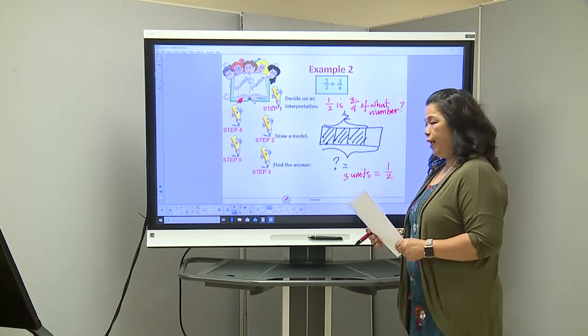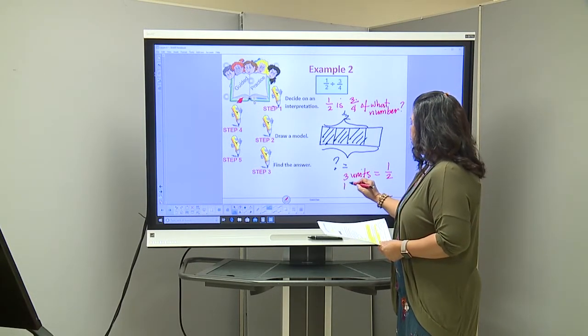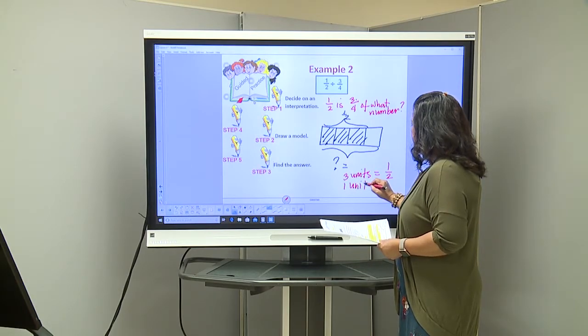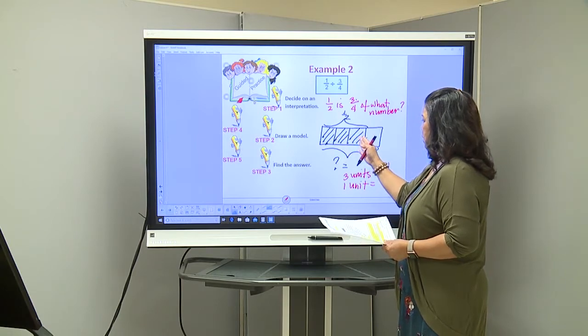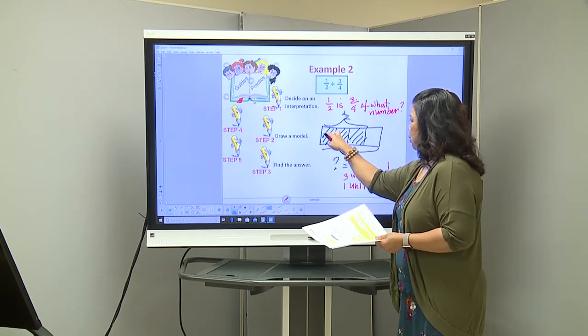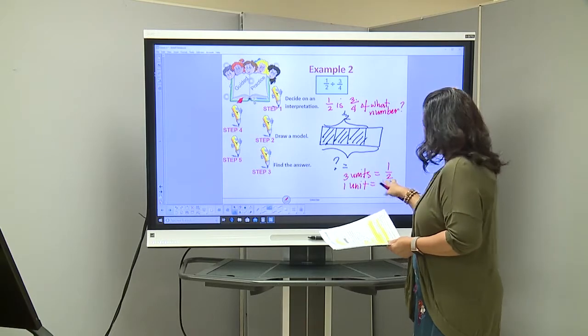You are correct, 1/2. Okay, I want to know what each unit represents. Because these 3 parts here are 1/2, I want to know how much is each part. So 1/2